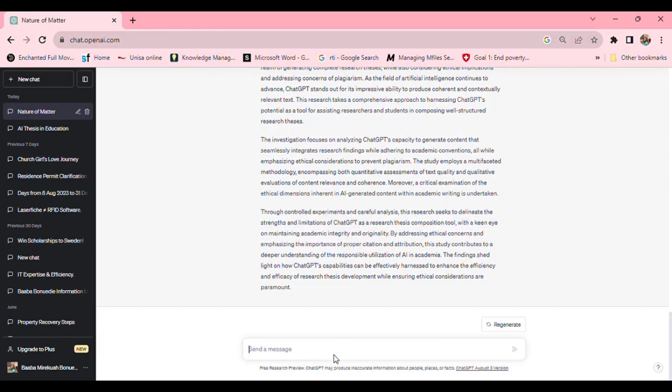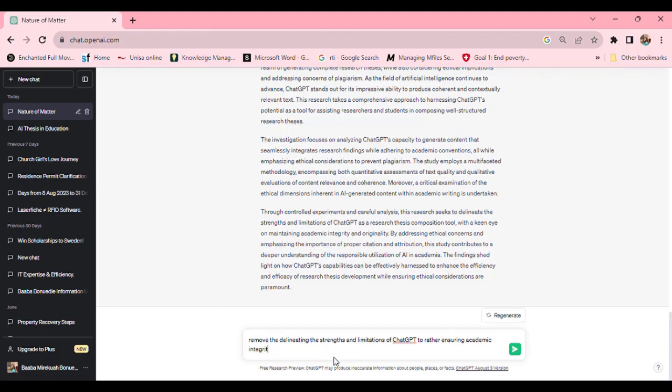Okay, so I'll say remove the delineating the strength and weaknesses and limitations of ChatGPT to rather ensuring academic